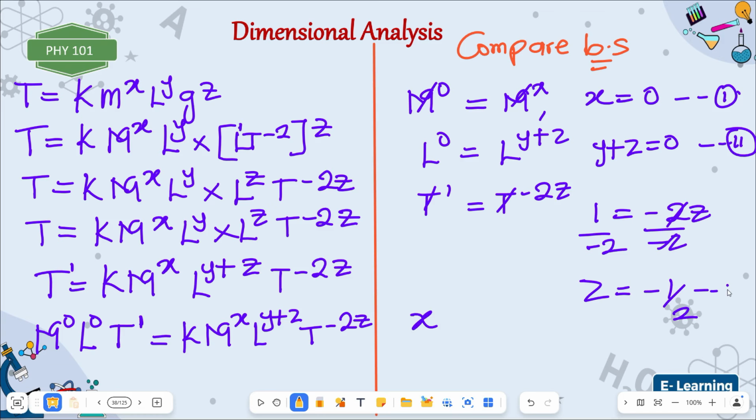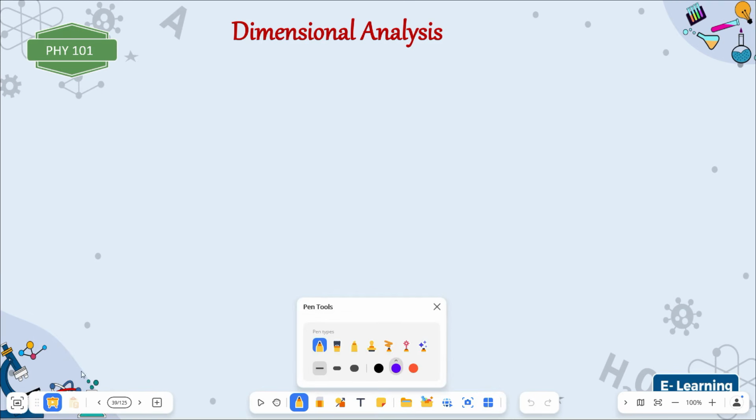So we have 3 equations. X, this is equation 3. We have X is equal to 0. Y plus Z is equal to 0. And Z is equal to minus half. So if Z is equal to minus half, Y plus Z is 0. It means in place of Z, you can put minus half. All right? So this will give us